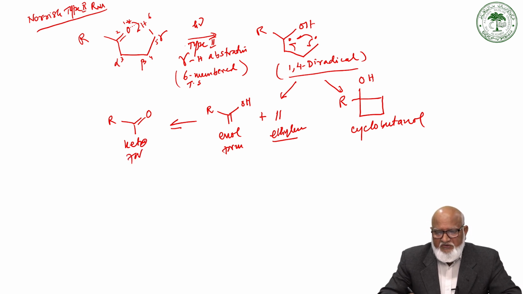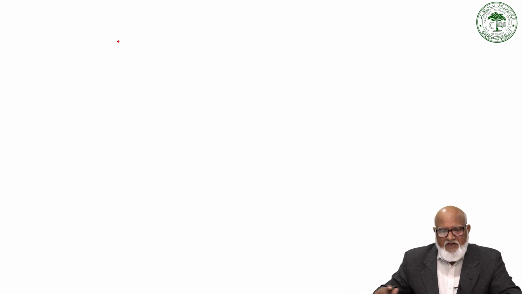So here there is a possibility of a 6-membered transition state, but this is not always true. Even if the gamma hydrogen is not available, then it can be a 7-membered transition state, or a 5-membered transition state, or even higher ring transition states are also available. For example,